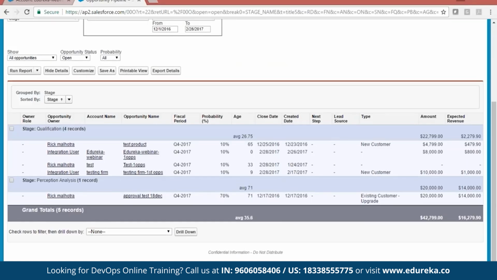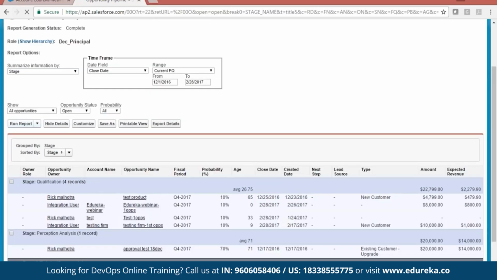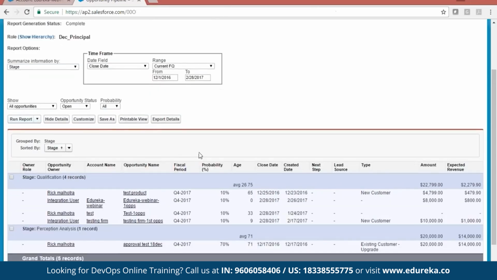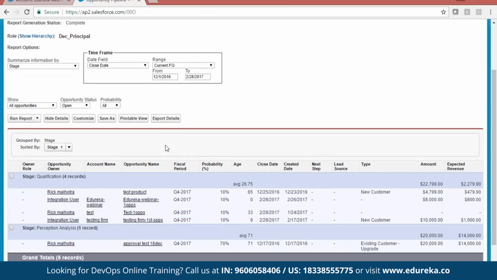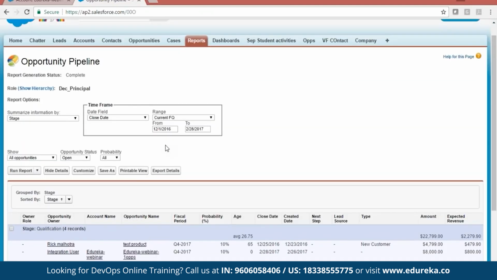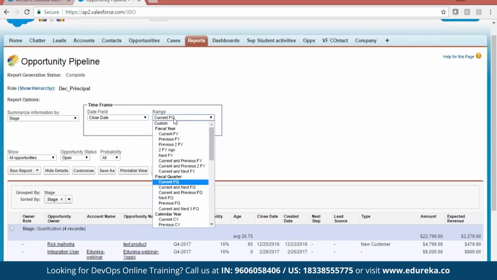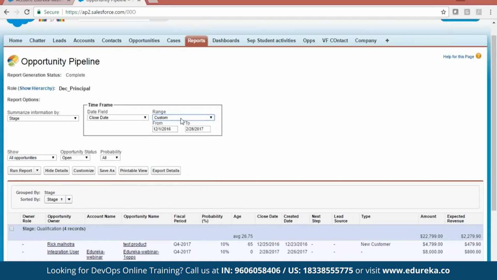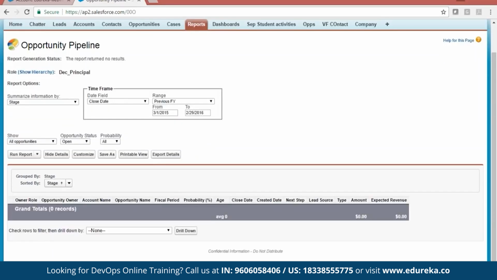And if I want to run this report, click on run. You can see the current report. If you want to customize this report, there are 2 kinds of customization. One is runtime and one is compile-time customization. So runtime customizations are small things. I can choose the fiscal year, fiscal quarter. I can choose a custom date from this to this. I can choose some fiscal years like this.